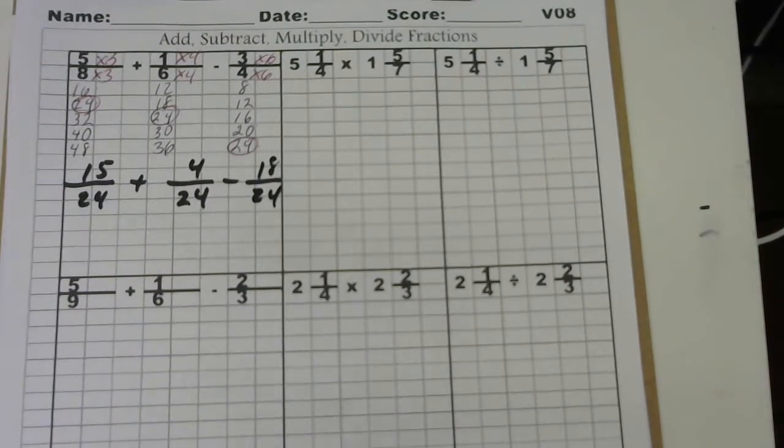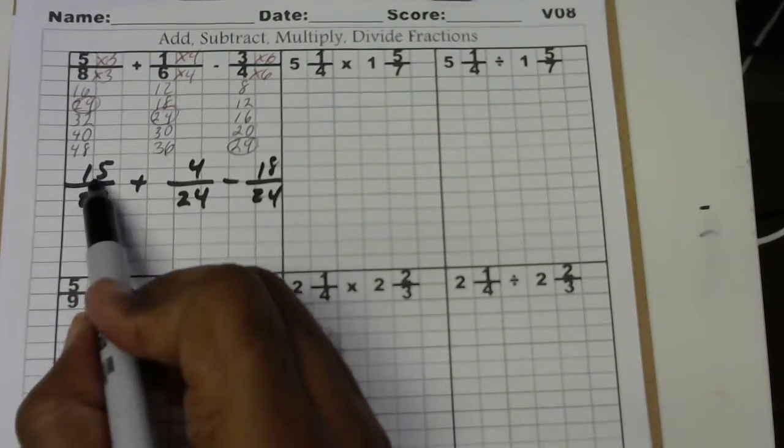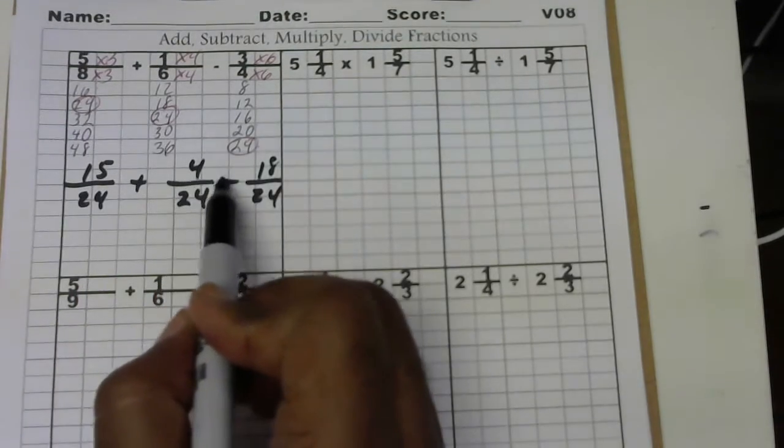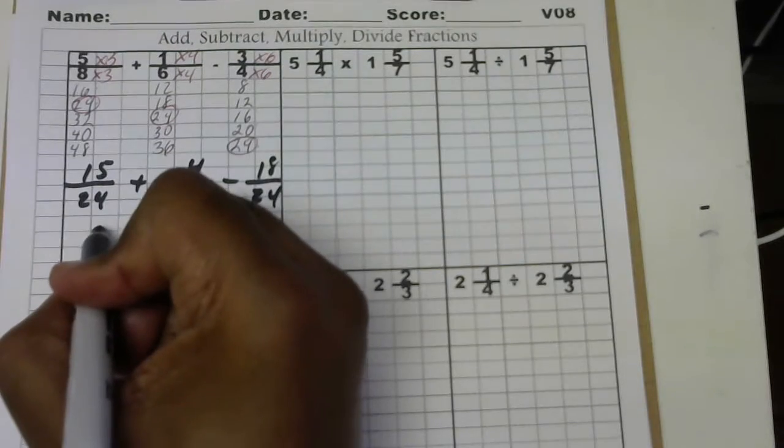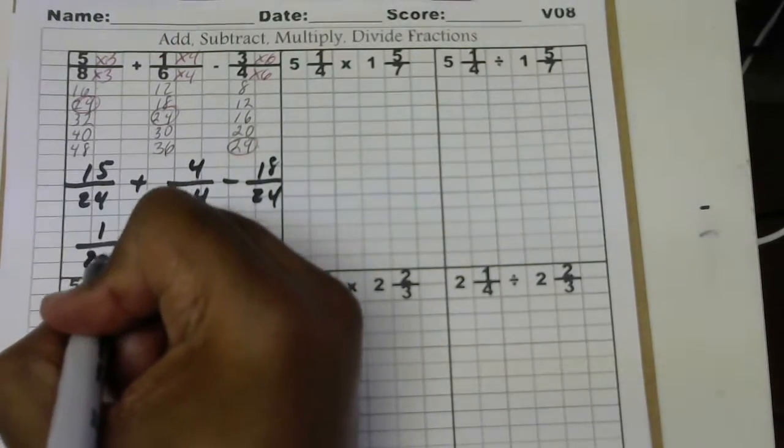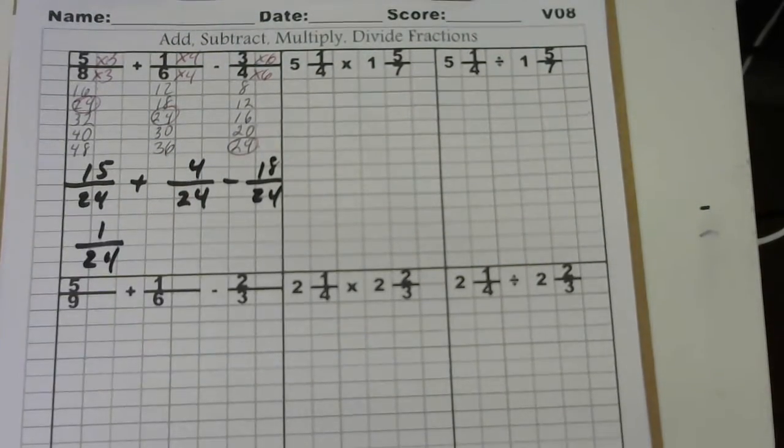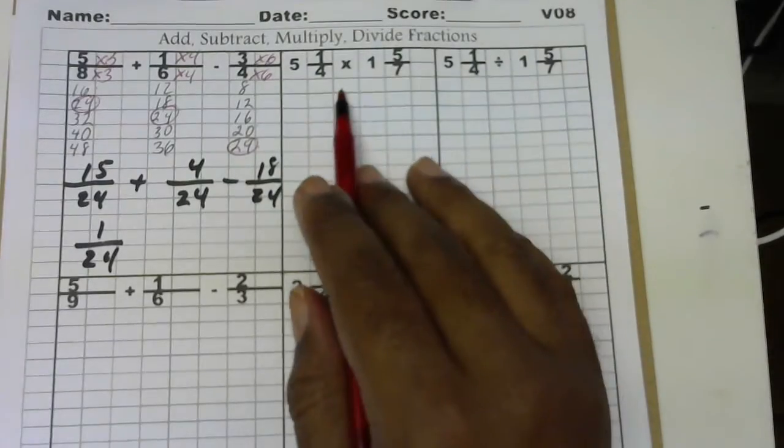Okay, now let's begin to add and subtract. So 15 plus 4 is 19. Take away 18 leaves 1 over 24. That's it. Now to multiply